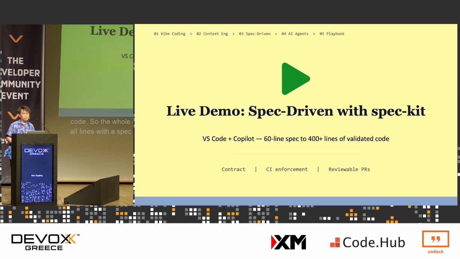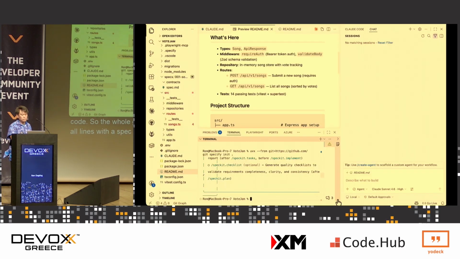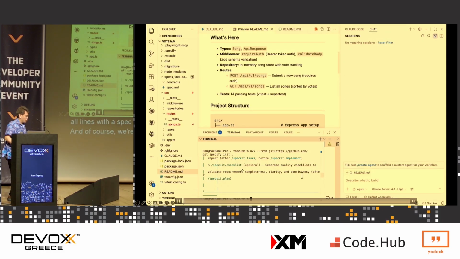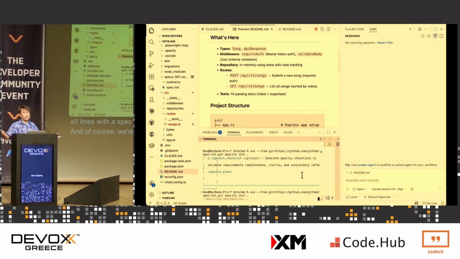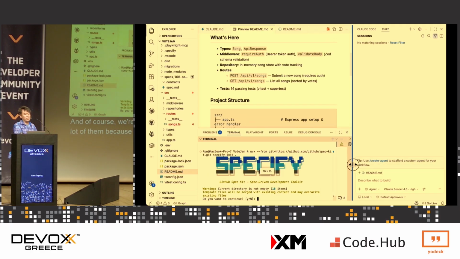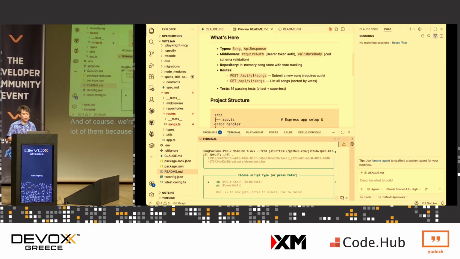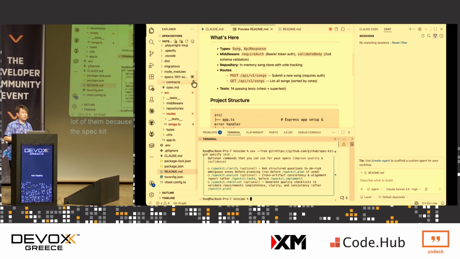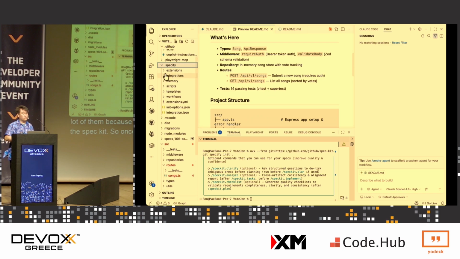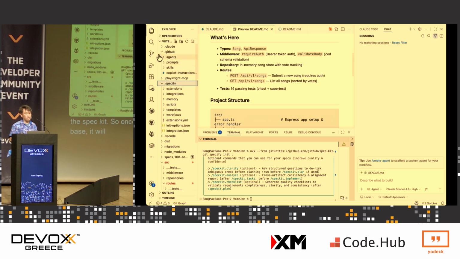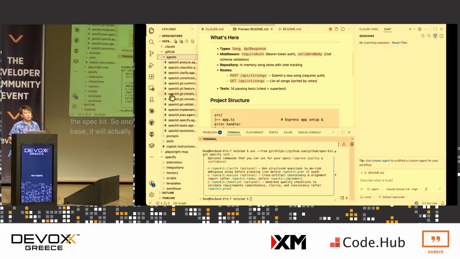So I'm going to show you a little bit of demo, what that looks like. And of course, we're not going to watch the whole 20 minutes of this, because it took me 20 minutes just to write a spec. And in this one, I'm installing the spec kit. Once you install the spec kit into your application, into your code base, it will actually generate this .specify, and it will install the agents into that